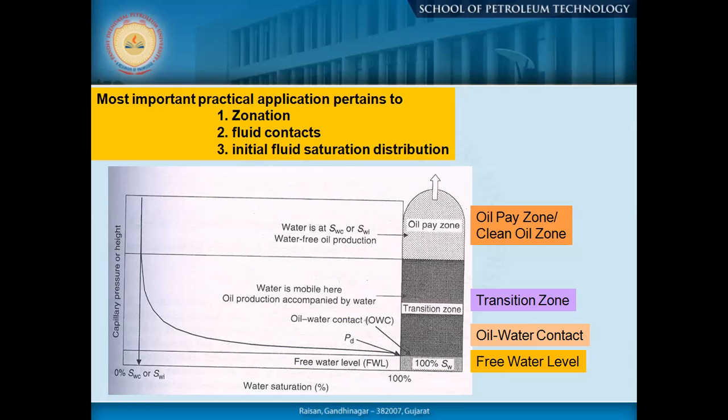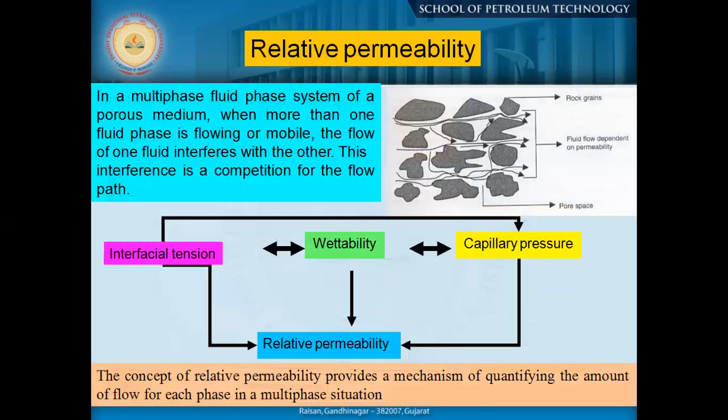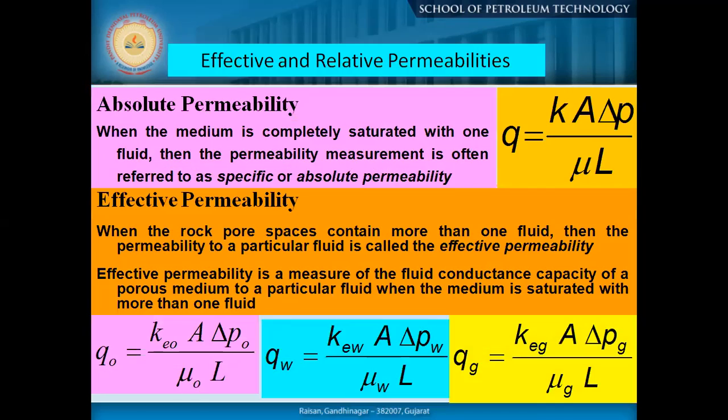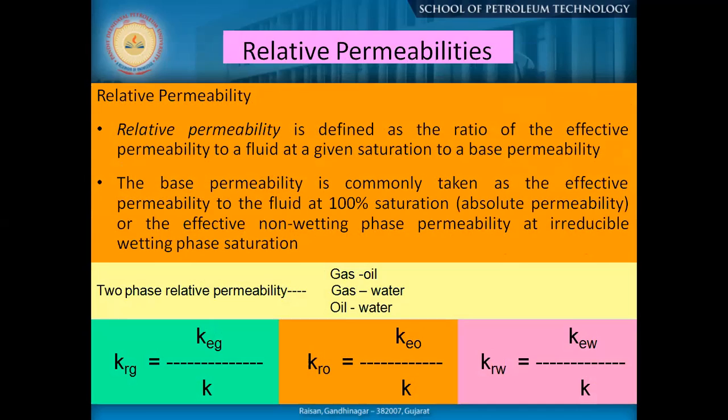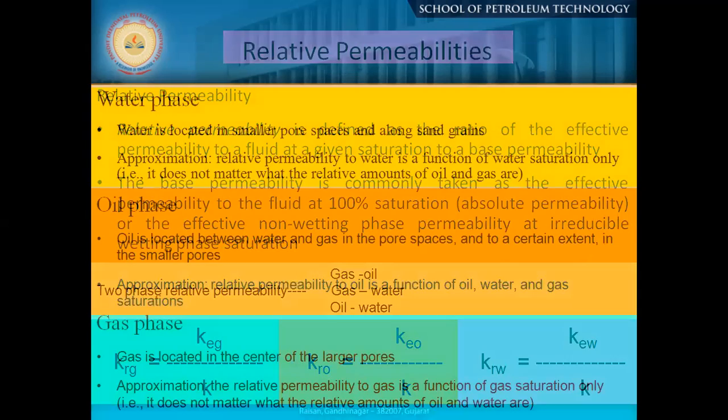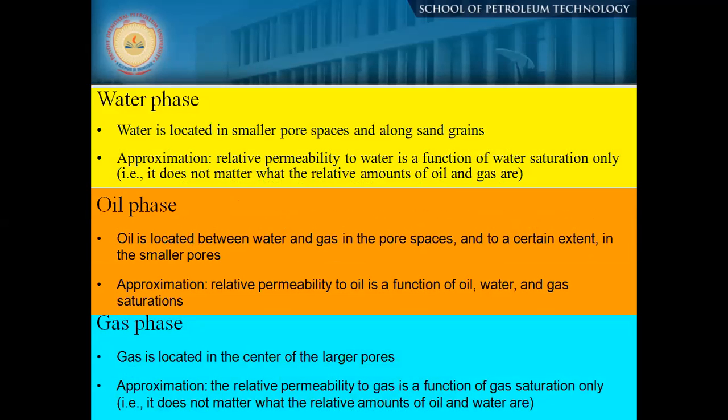Okay, so now the relative permeability graph. I'll go directly to it. These are the definitions: you have effective permeability, absolute permeability, and relative permeability. Relative permeability is nothing but the ratio between the effective and the absolute. Now if you go through these three parts, water phase, oil phase, and gas phase,